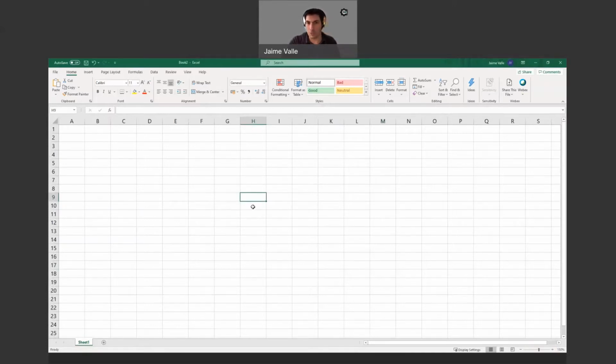So the first thing I need to do is select in my spreadsheet and click the cell where I want whatever the calculation I'm going to make, whatever the function or the formula I want to introduce, where I want that result to be shown. So let's say it's here. So it's now selected. And now I want a formula. The formula needs to be introduced.